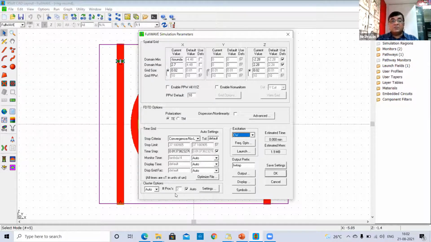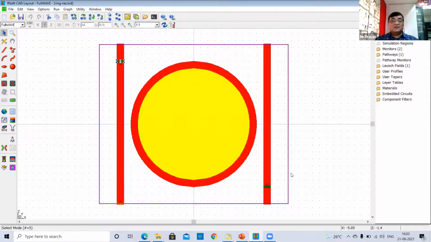All the normal computers in a LAN can be used as a cluster, where the problem is divided between the different computers if you have the cluster license available. When you have multiple CPUs in a processor, it can use every CPU's power while solving this problem. So let us just run this simulation.